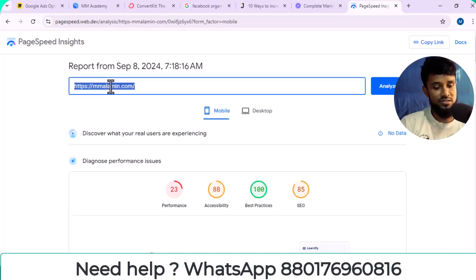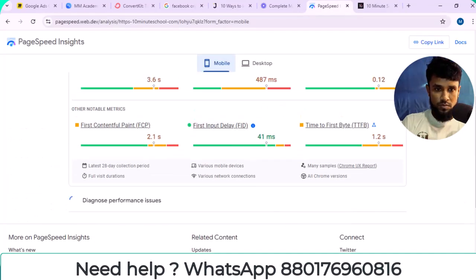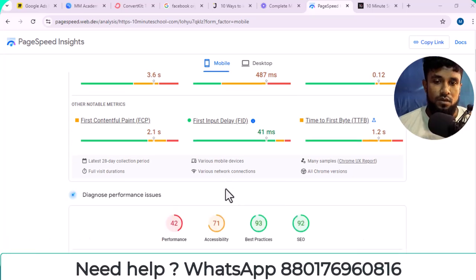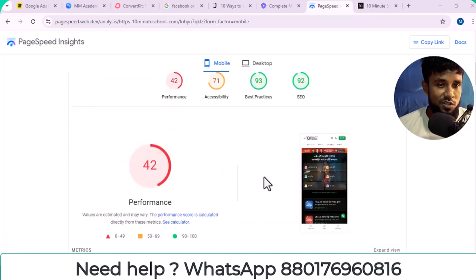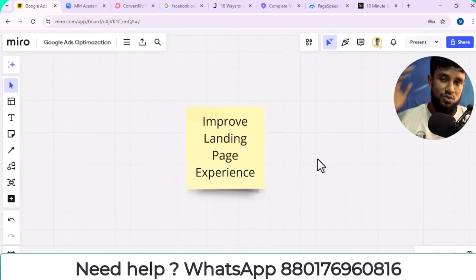So if you search another website, I just search 10msschool.com. Just search here. Okay, here you can see the website performance is not good, so you need to improve your website performance. So this is the first point, because it depends on quality score. If your quality score is not good, then Google will take a higher cost from you. So improve